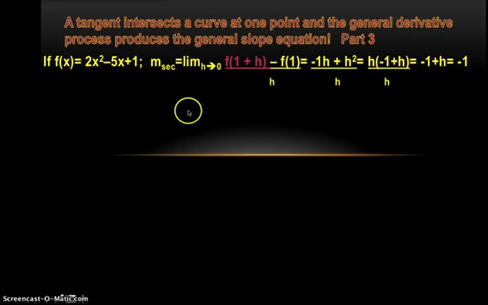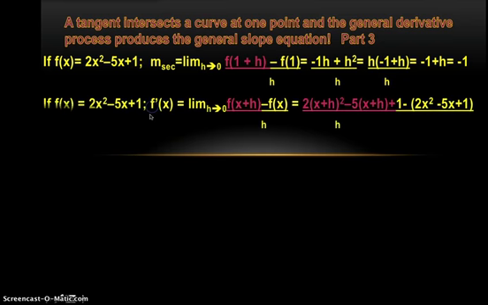Of course, this is a parabola that opens upward and has a y-intercept of 1. What I want to do now is do the general derivative, which uses x plus h and x, not just one point like x equals 1 above. So if we substitute in x plus h into the 2x squared minus 5x plus 1 position, and then subtract again f of x, which is here 2x squared minus 5x plus 1,